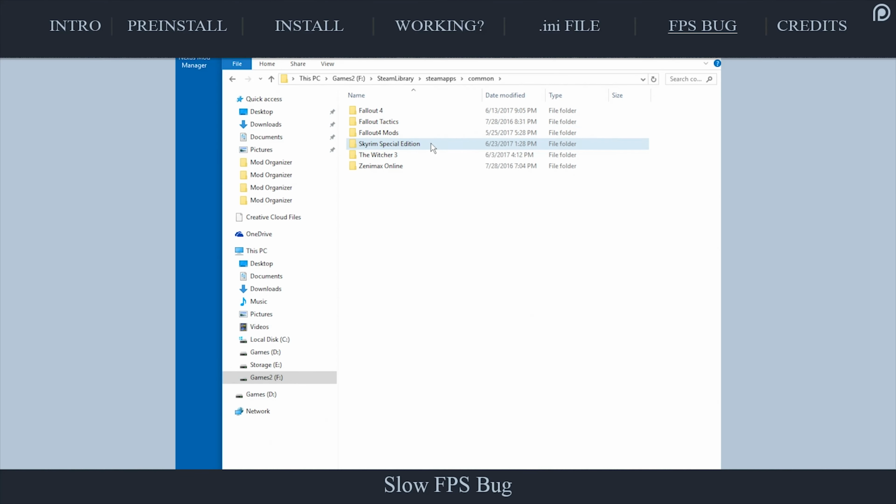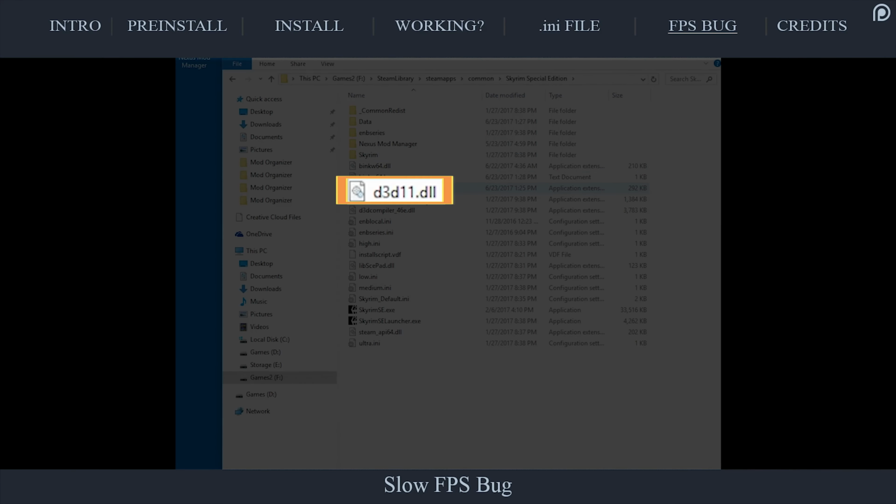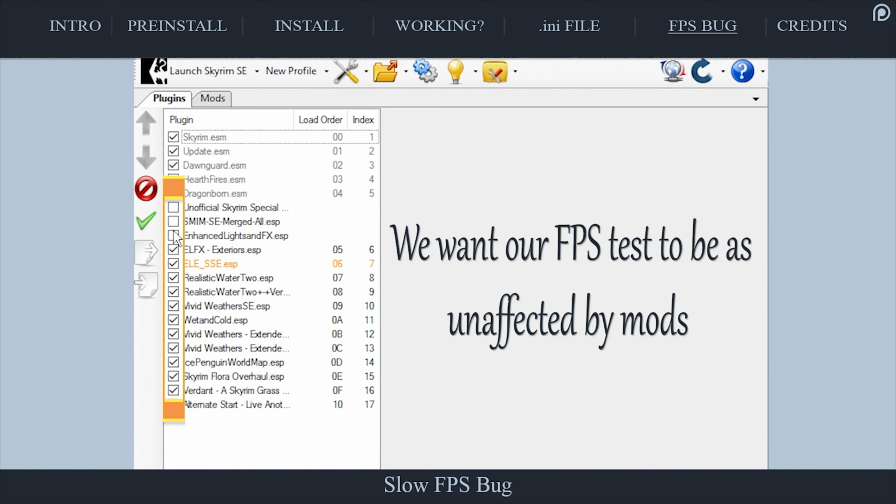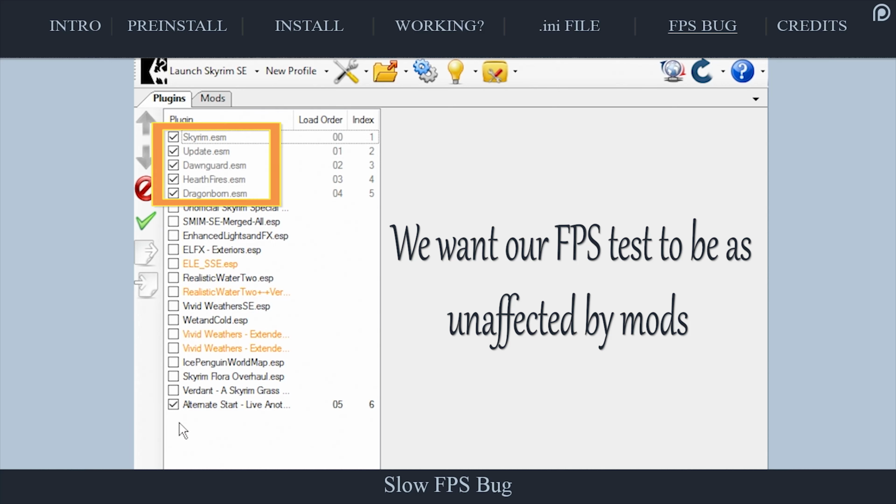If you have an ENB installed, deactivate it by going into the game folder and removing the d3d11.dll file. Place it on your desktop for now. You just have to return it to this folder for your ENB to work again. Open your mod manager and disable all mods except for the official content. The Skyrim ESM, Update ESM, Dawnguard, Hearthfire, and Dragonborn ESMs should all still be active. I also leave the alternate start mod activated in case my saves won't load so that I can quickly skip